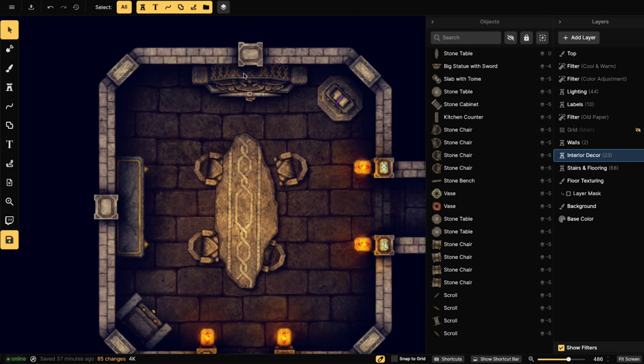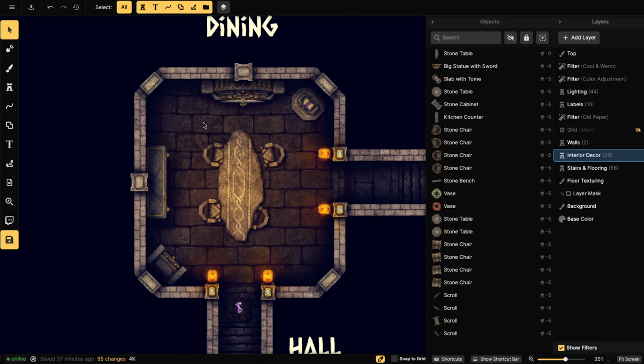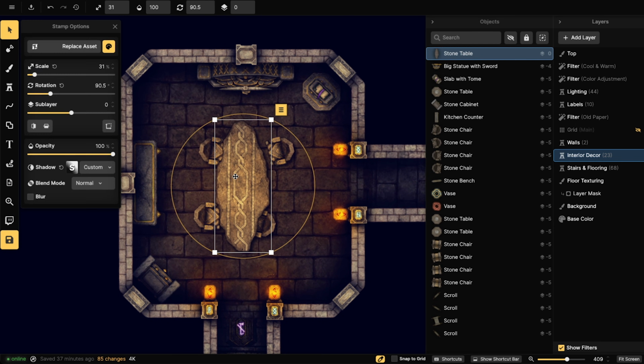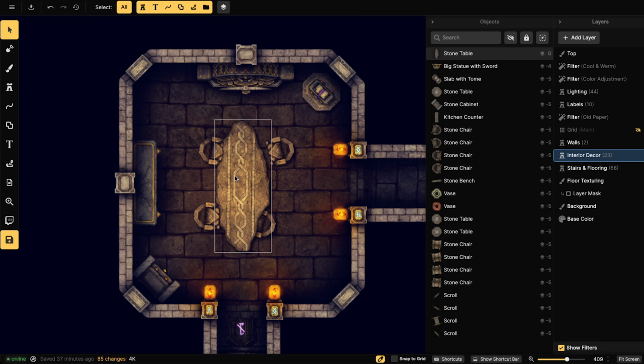Notice how I put it right next to the statue of an ancestor right here. So this functionality and this functionality right here. Now there's a lot more things that we can add to this room, such as details, but I'll do details later because that can take a while. So I'll just go over to the next room and fill it up, and then we'll move on to